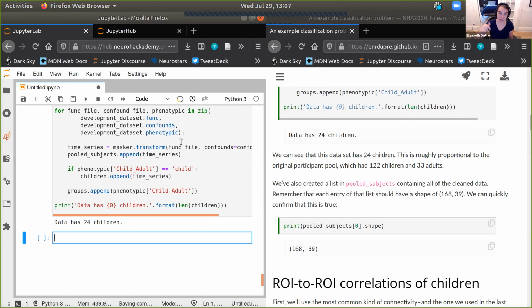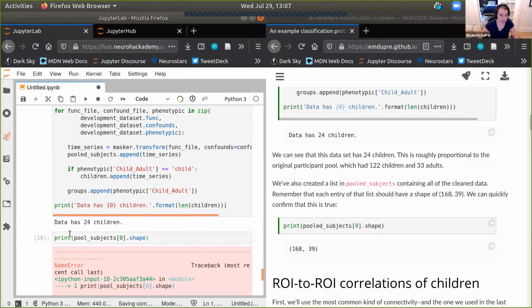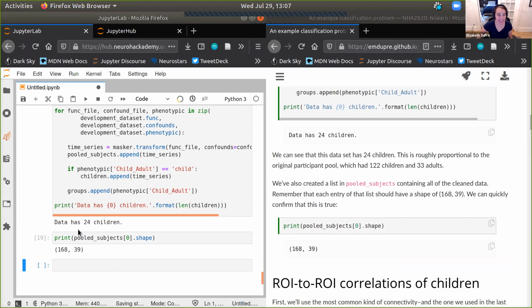And you can confirm that that's true just by looking at one of the entries in pooled subjects. Let's just take the first one and check its shape. And if you could spell, which I cannot, you would see that that's exactly what you find: it's 168 by 39.